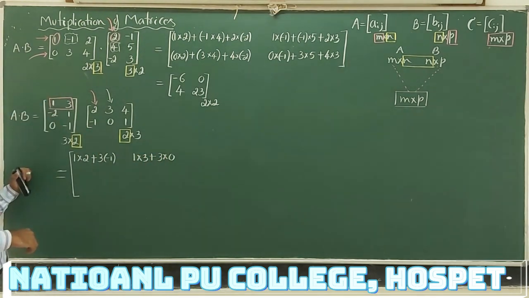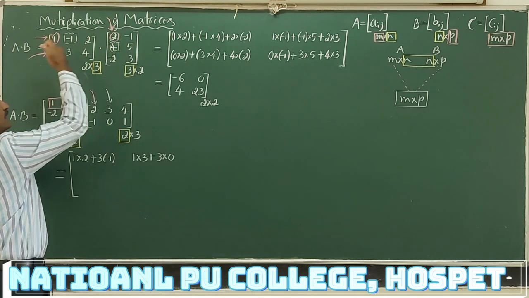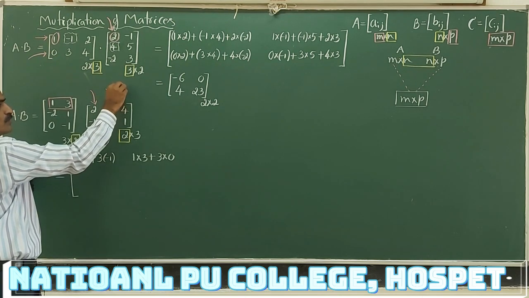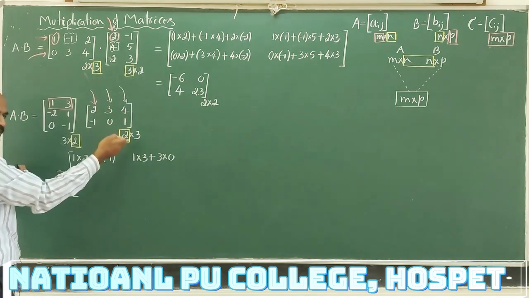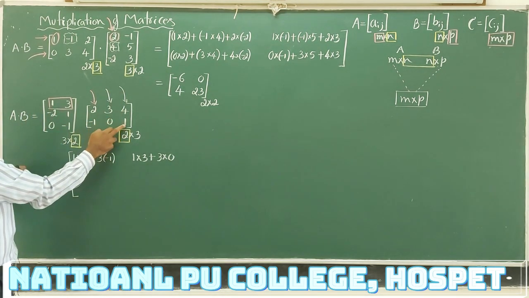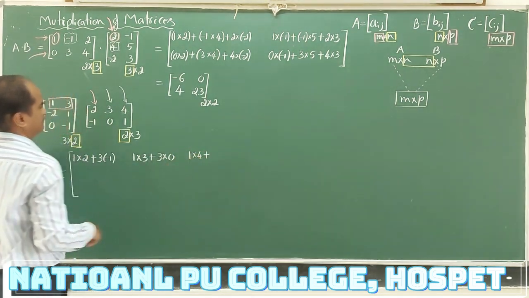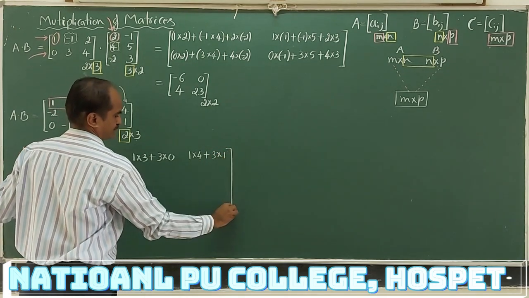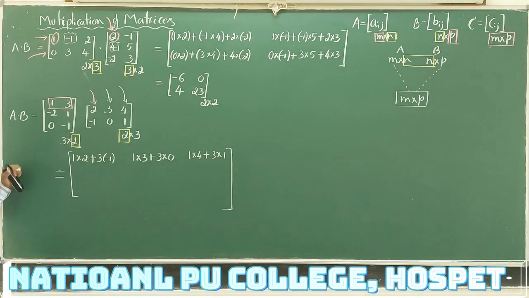In the last example there were only 2 columns. We stopped and took the next row elements of the first matrix. But here one more column is there. I have to repeat it a third time. First row with the third column elements. So 1, 3, 4, 1. 1, 4 is one pair. Multiply them. 3, 1 is another pair. No more columns. Columns are exhausted. Stop doing that. Take the next row elements now.